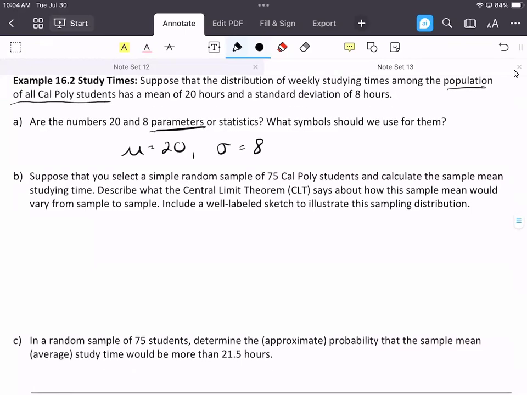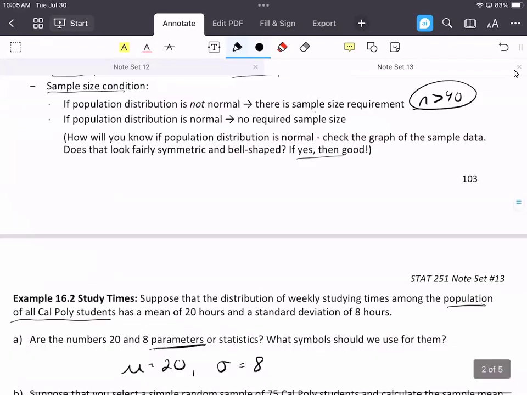Suppose that you select a simple random sample of 75 Cal Poly students and calculate this sample mean studying time. Describe what the central limit theorem says about how this sample mean would vary from sample to sample and include a well-labeled sketch to illustrate this sampling distribution. Well, going back to that central limit theorem,